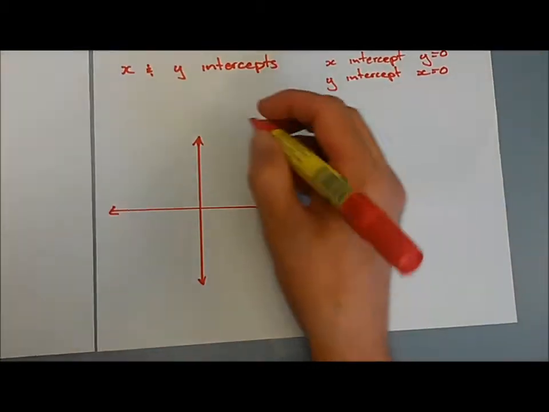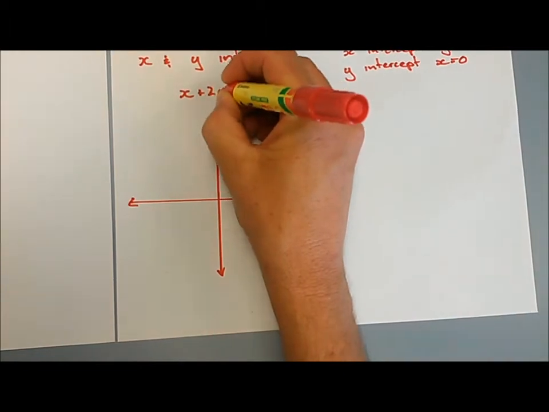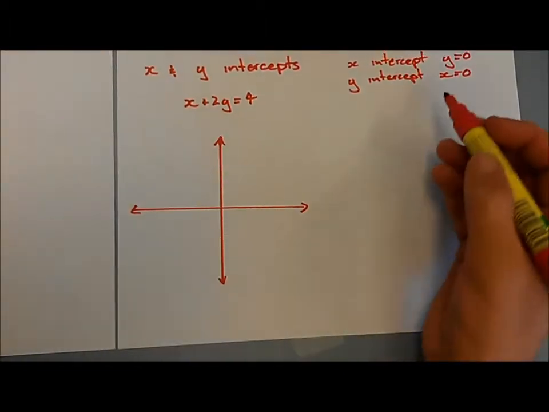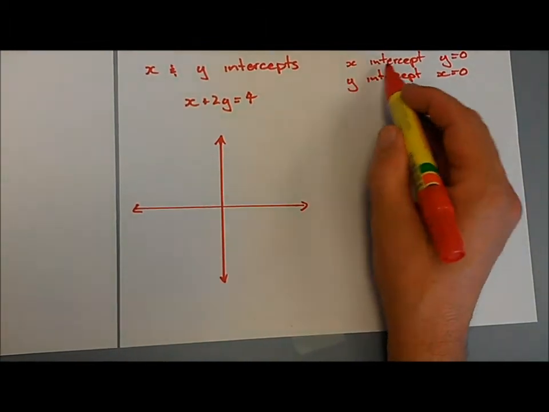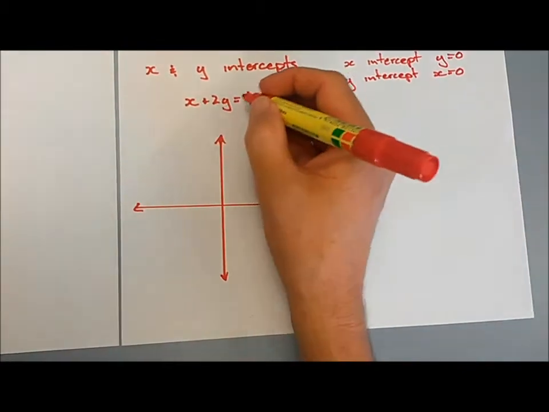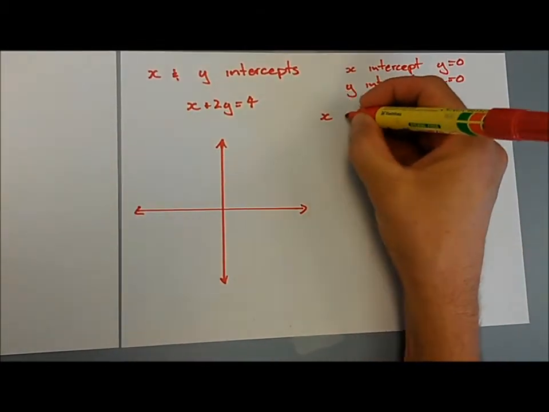So if I have a function, a relationship given to me in this form in particular, x plus 2y equals 4, then what I can do is find my intercepts. For the x-intercept, I'll sub in y equals 0. So I'll get x plus 0 equals 4. And so for the x-intercept,